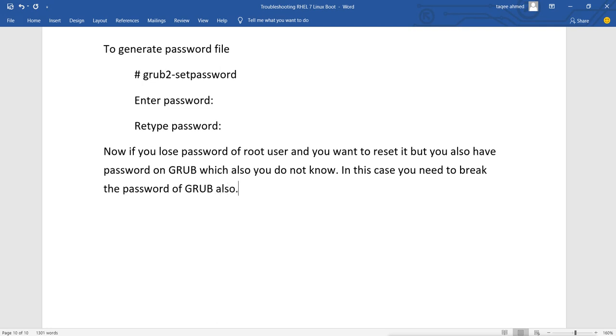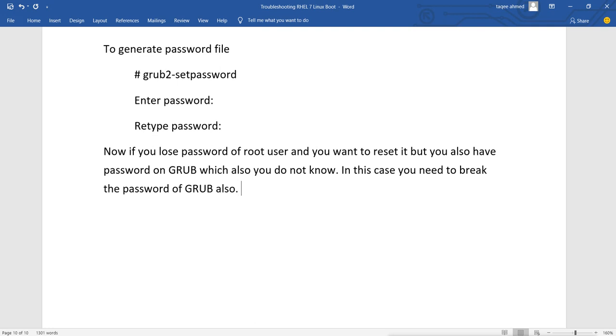So in this case you need to break the password of grub also. So how will you do that now? If you really want to break the password for grub, you can do that also.